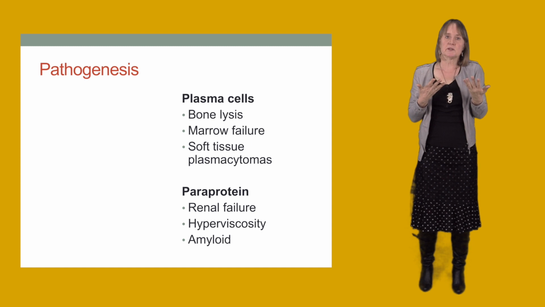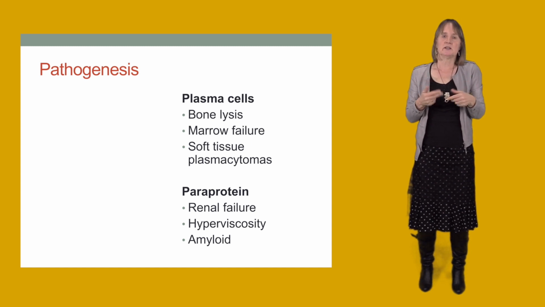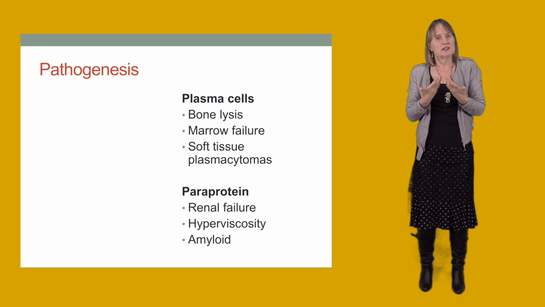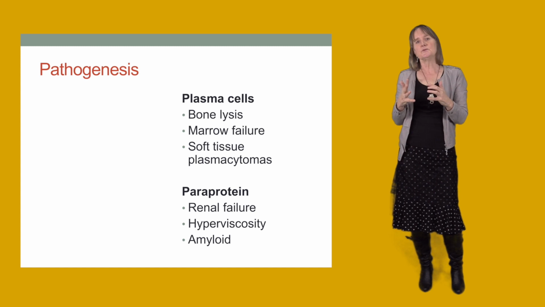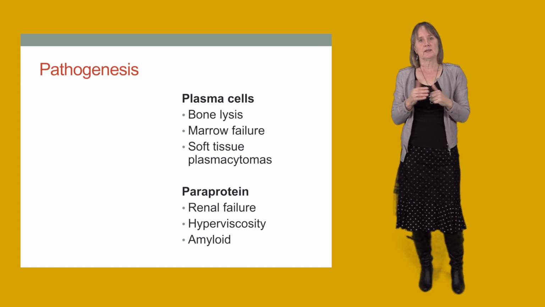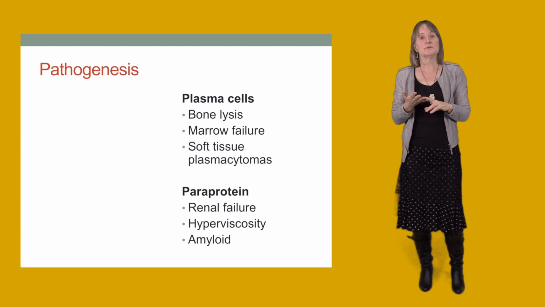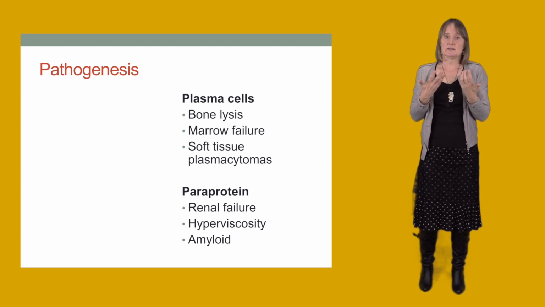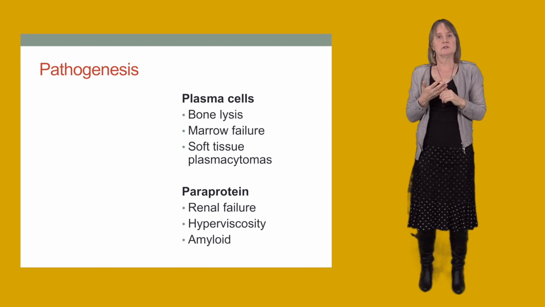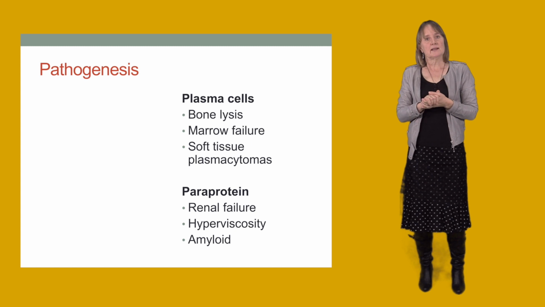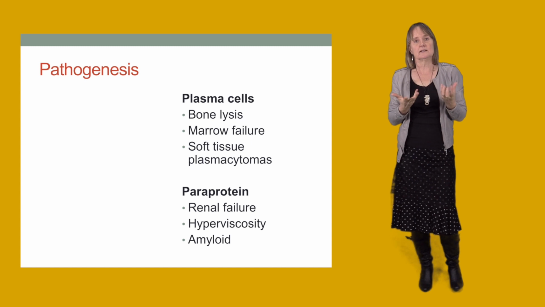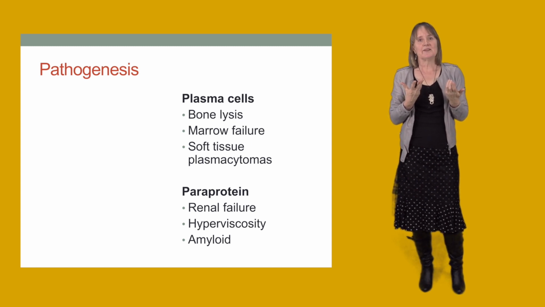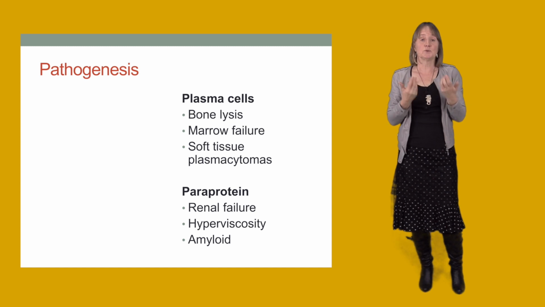occasionally we see problems arising from amyloid deposition. So amyloid is when light chains are deposited in a particular molecular pattern in tissues that interferes with the function of that tissue. And that can be manifest in a number of different ways. Classically, it causes an enlarged tongue or macroglossia, cardiac involvement, peripheral neuropathy, and occasionally adsorption of factor 10, one of the clotting factors, with a characteristic bruising tendency that tends to appear around the